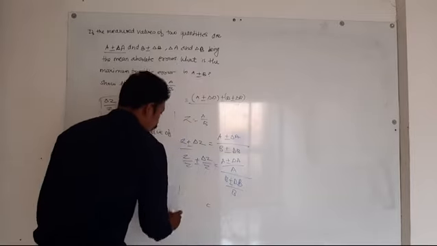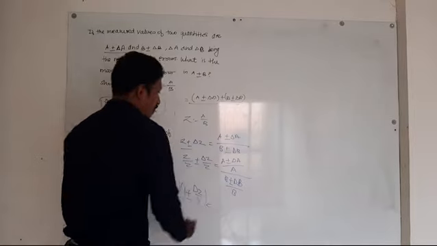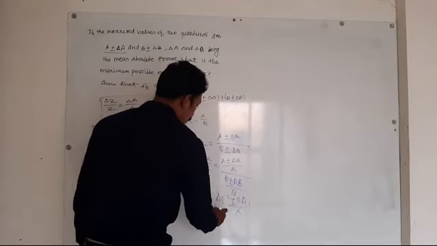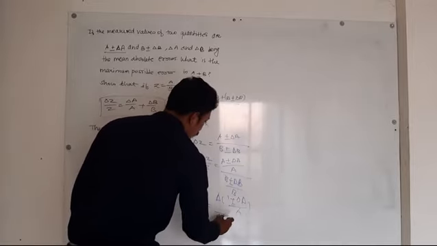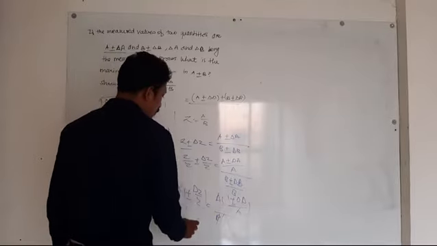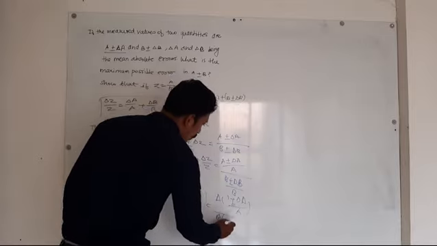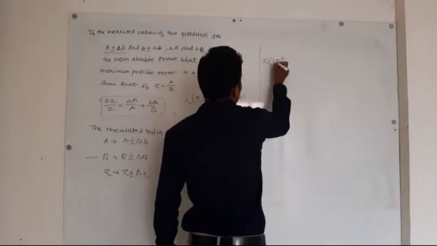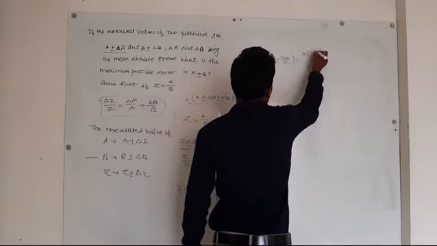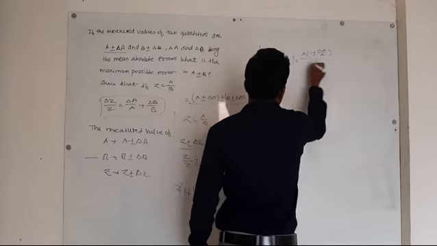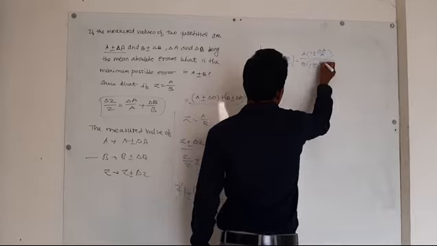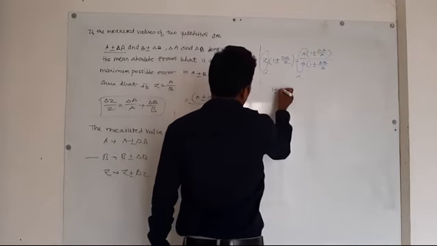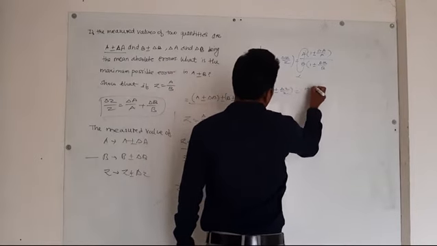In this, 1 is common: 1 plus or minus delta Z upon Z. A is common: 1 plus or minus delta A upon A, divided by B, in which B is common: 1 plus or minus delta B upon B. I write once again: Z into bracket 1 plus or minus delta Z upon Z is equal to A into 1 plus or minus delta A upon A divided by B into 1 plus or minus delta B upon B. But we know that Z is nothing but A upon B, so it gets cancelled. Remaining: 1 plus or minus delta Z upon Z is equal to 1 plus or minus delta A upon A